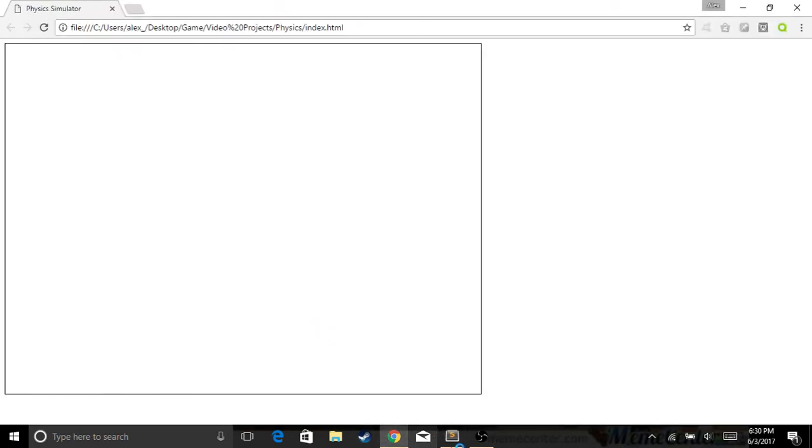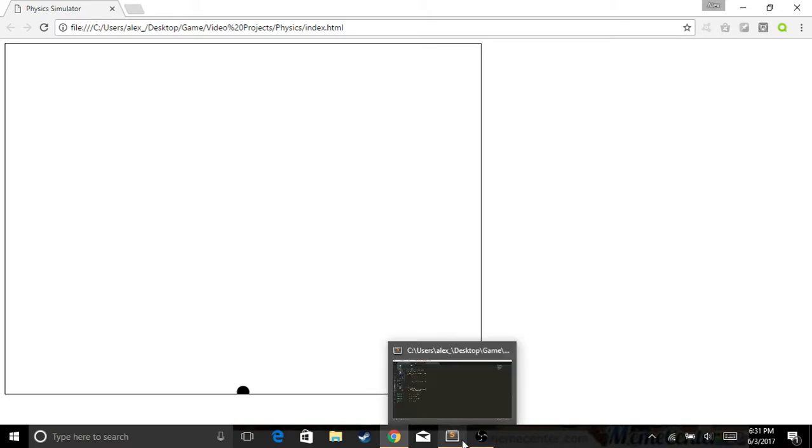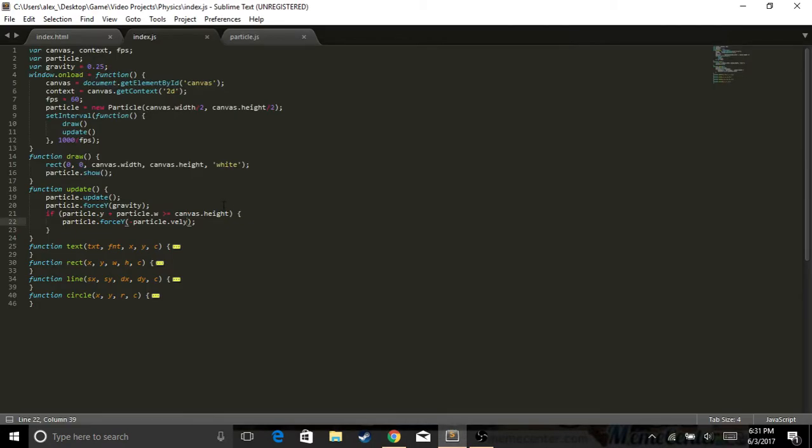So, okay, that still doesn't work. Okay, let's see if negative particle velocity works. Okay, so that works, but it just stands there. And then the plus. That's why. So when it goes negative, it's still below the canvas height, but it is going up and down